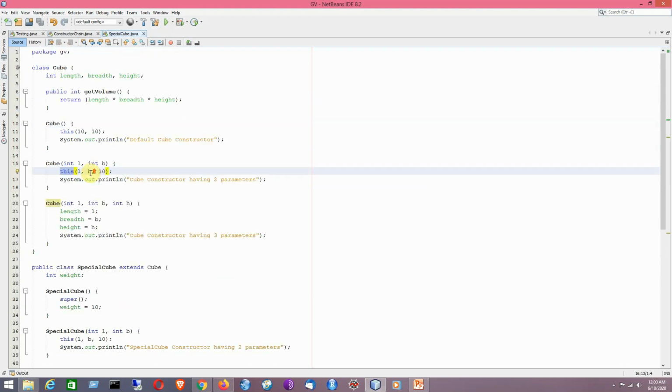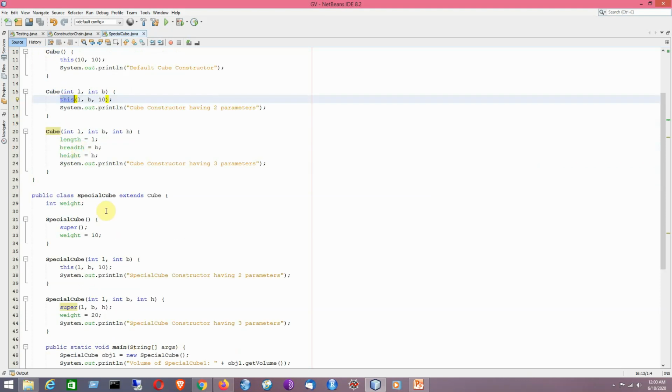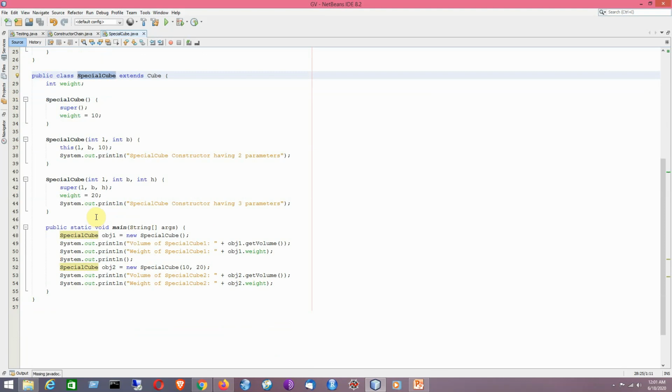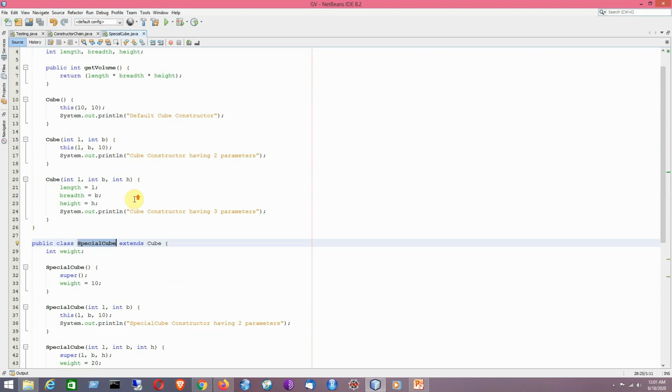Now we have got a subclass of cube that is called special cube. It is having an extra attribute, an instance field, named weight. Now we are having three subclass constructors like the superclass. So first one is indicating a default no argument constructor followed by two parameterized constructors with 2 and 3 parameters respectively. So that is the structure. Now within the special cube class I have got the main method, and within the main method I have tried to create objects of the superclass and the subclass.